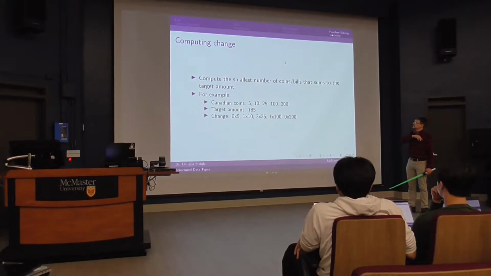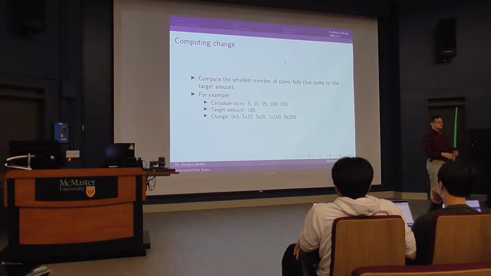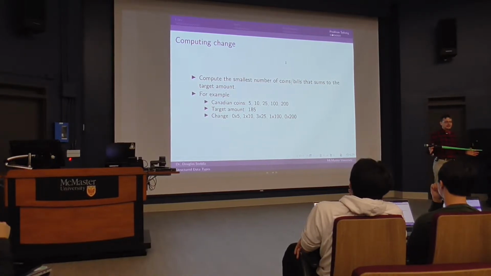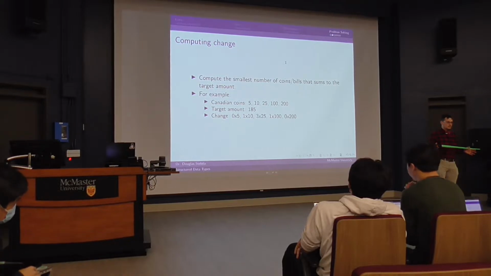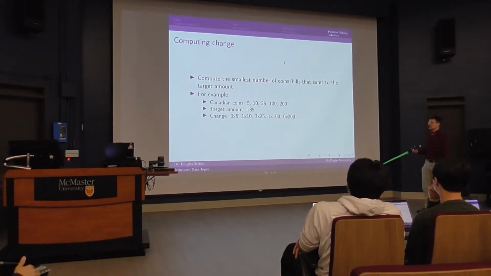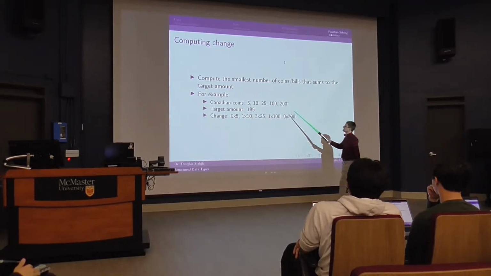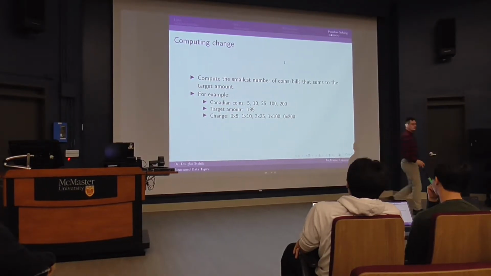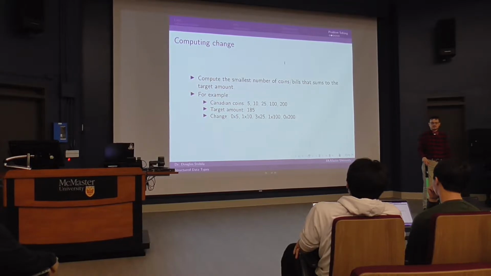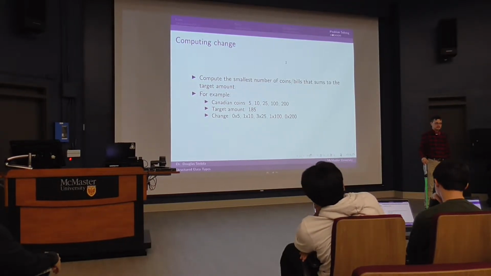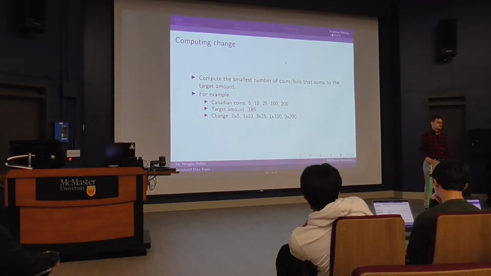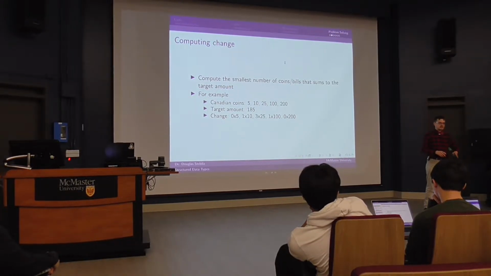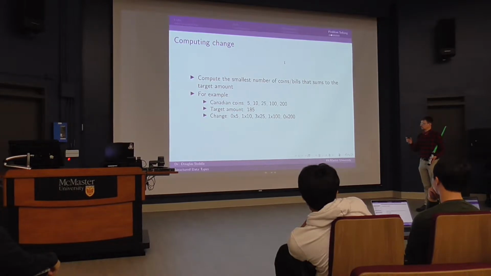We are not just interested in obtaining coins which equal the target sum. We are looking for the smallest number of coins equaling the target sum. This is something that's reasonably easy for a human being to figure out, but for a computer, it's actually more difficult than you might think. But anyway,